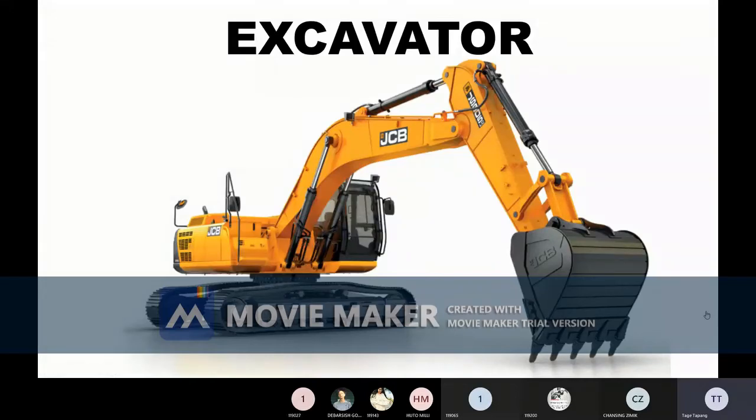So this machine, excavator, you might have seen several times on the roadside, construction site. This is very similar to the front loader. In the front loader, there is a loader on the front and a backhoe or a small bucket on the back. So this can also be compared with the rear side of the loader. This is the backhoe. It's similar.